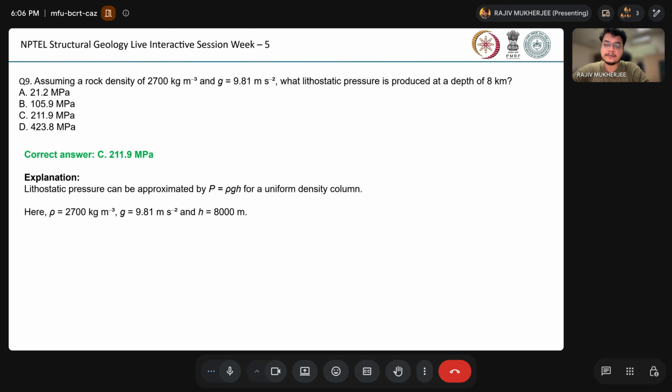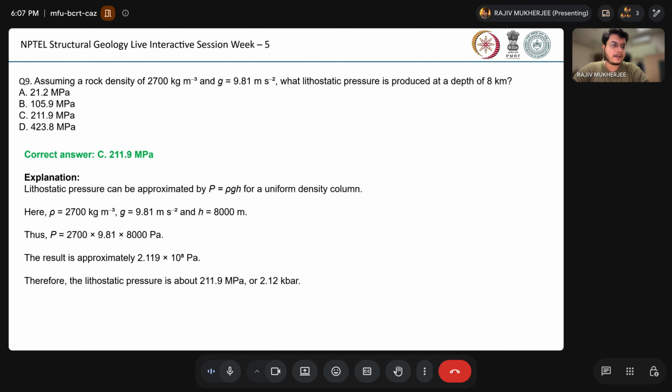And here the density is 2700 kilograms per meter cube, with g as usual 9.8 meters per second square, and the depth can be converted to meters, that is 8,000 meters. Now we plug these values in and calculate the value in terms of Pascal, and the result is 2.119 times 10 to the power 8 Pascal,